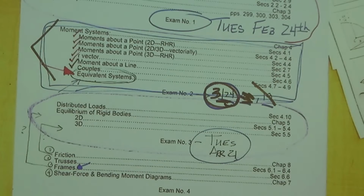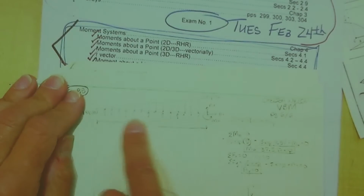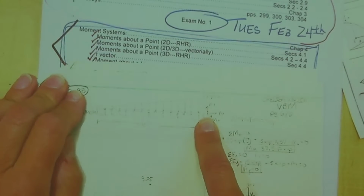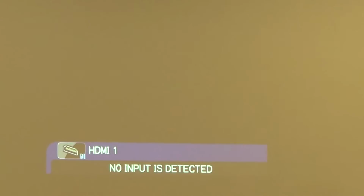So can I take this? On this particular case, we had a triangular distributed load going down, and it looks like we had a vertical distributed load going up. With the triangular distributed load, are those two cheat sheets helping you? Yeah. But that cheat sheet said third order. Yeah, so let me...